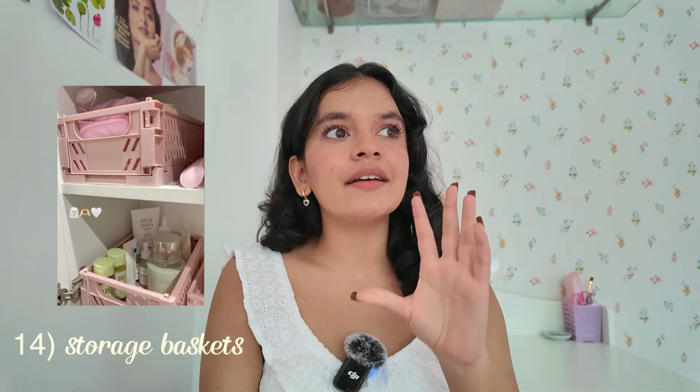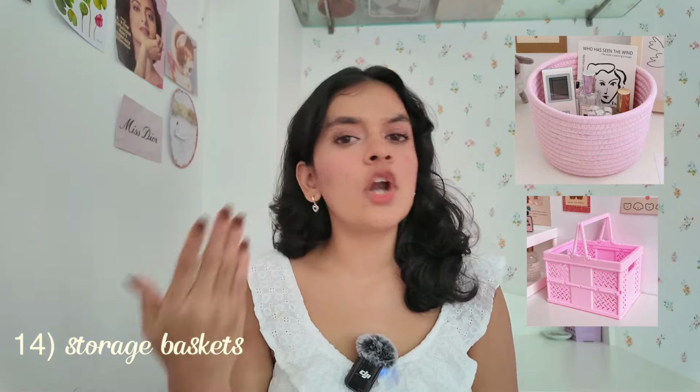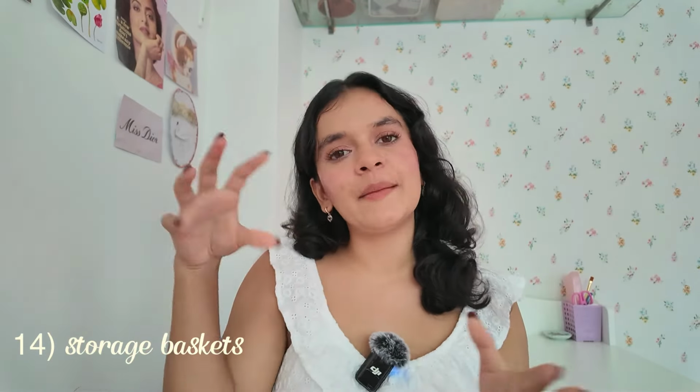Okay, another very important thing are storage baskets. I feel like for a person like me who does a lot of PR work, storage can be a bit tedious for me, because my room is again very small, all of you all know it. So what I do is I get aesthetic storage bins. You can get these online, Crawford Market, Miniso. Get a colorful storage bin, and you can keep stuffing things inside, and you can just put it up in a corner where